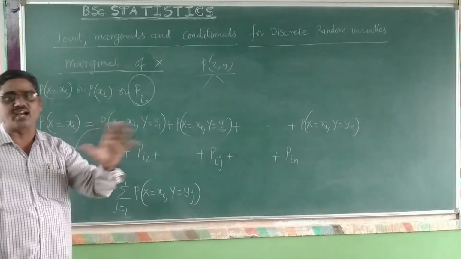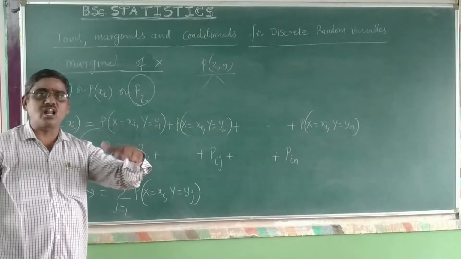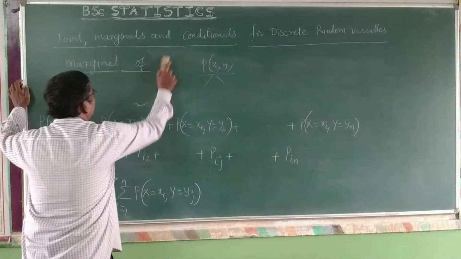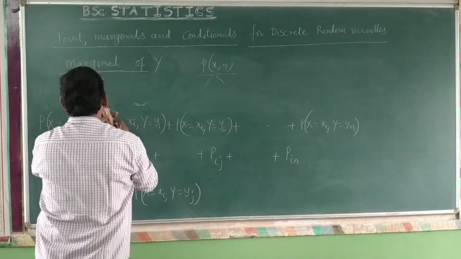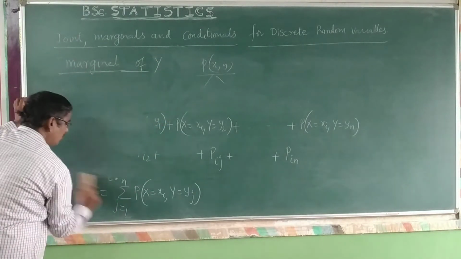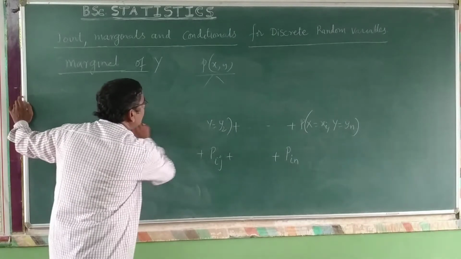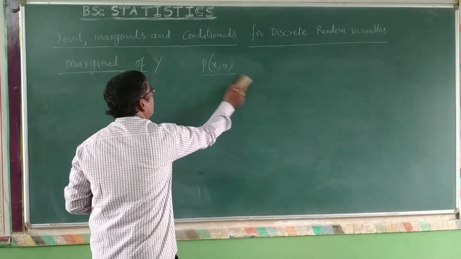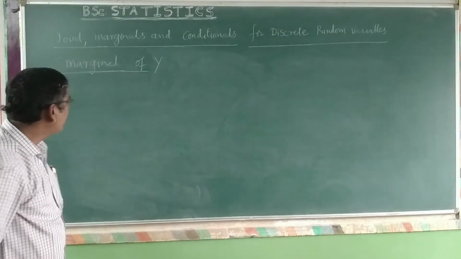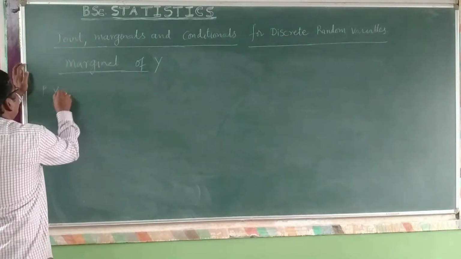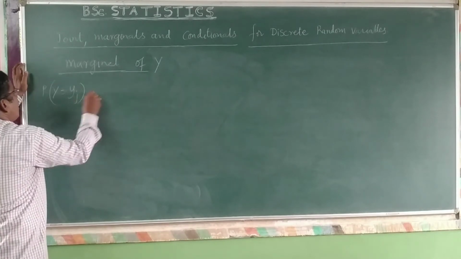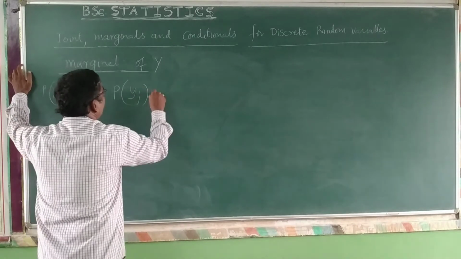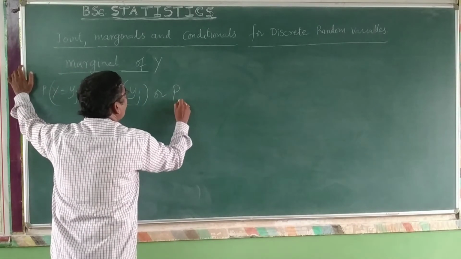Hope you understand. This is the marginal probability mass function of x, simply the marginal of x. And then the marginal of y, for example. Now you want to define the marginal of y. It is denoted by probability of y is equal to yj, or probability of yj, or we can write it as p dot j,